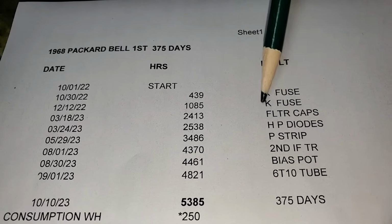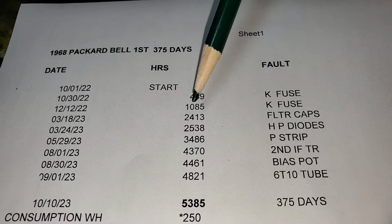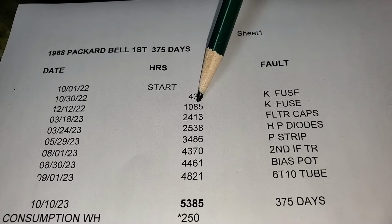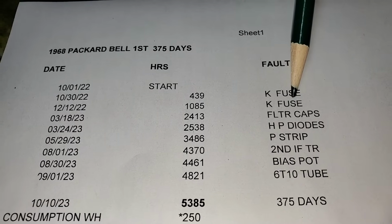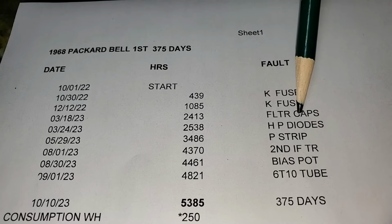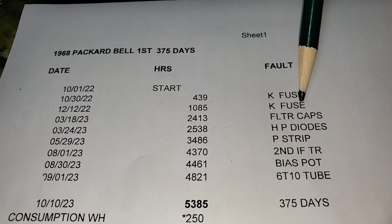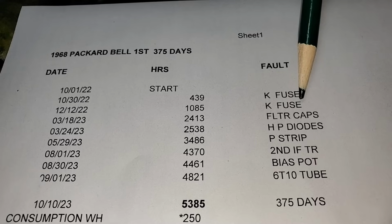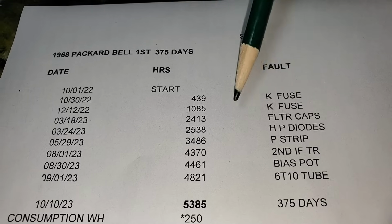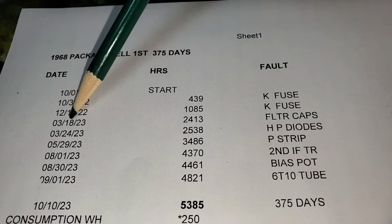So the cathode fuse faults are of my doing. The next time the cathode fuse blew was at 1,085 hours. Now, I believe what happened is after this, the horizontal output tube softened up a little bit. Its draw decreased a little bit, and it quit blowing these fuses. So the first real fault was